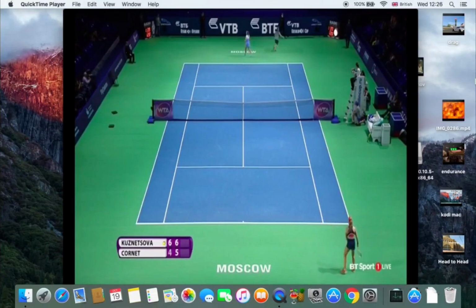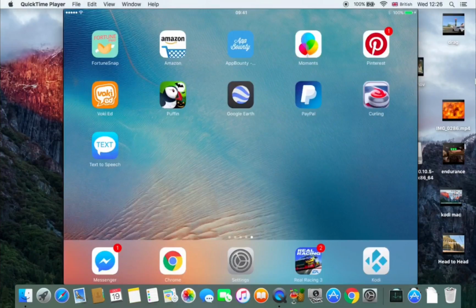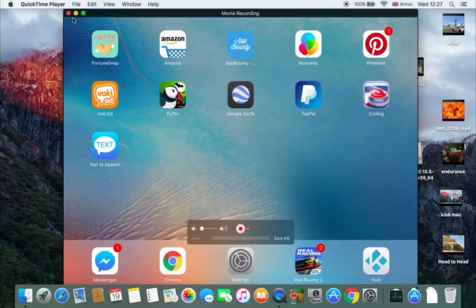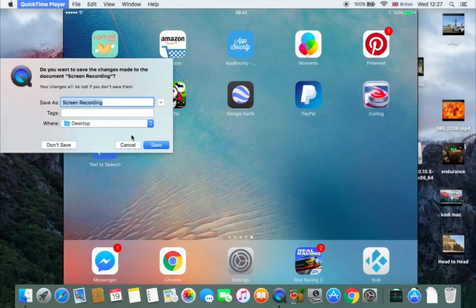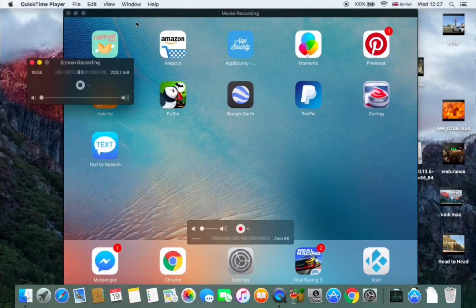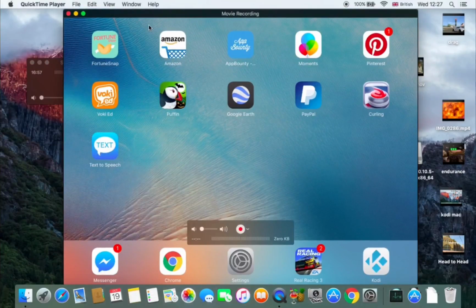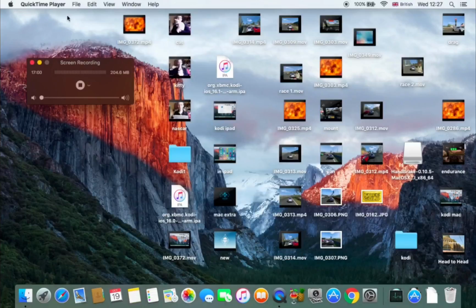But there we are. We've got, no, it's crashed. Brilliant. Yeah, usually it does crash sometimes the first time you download Kodi. It usually crashes, as I said, but yeah, don't want to do that. I'll close that. Yeah, that's how you get